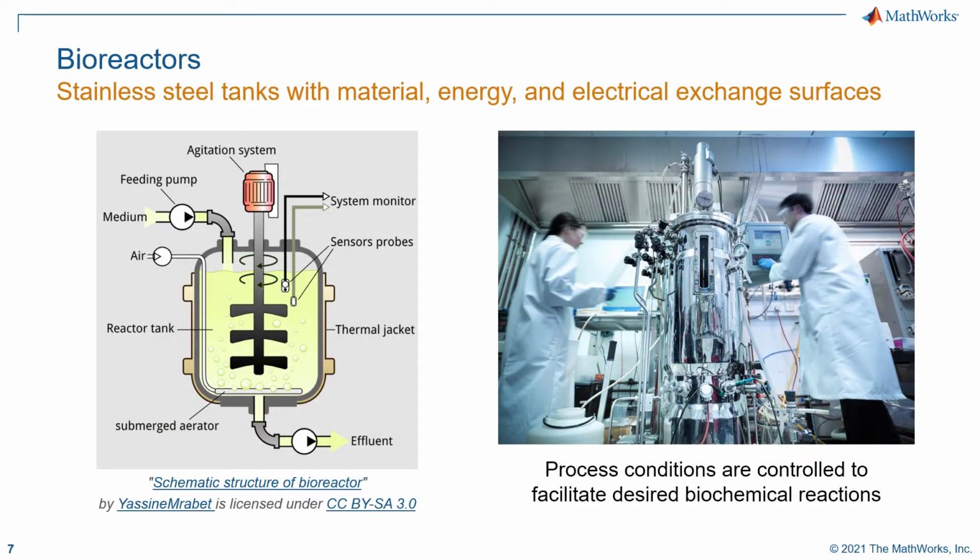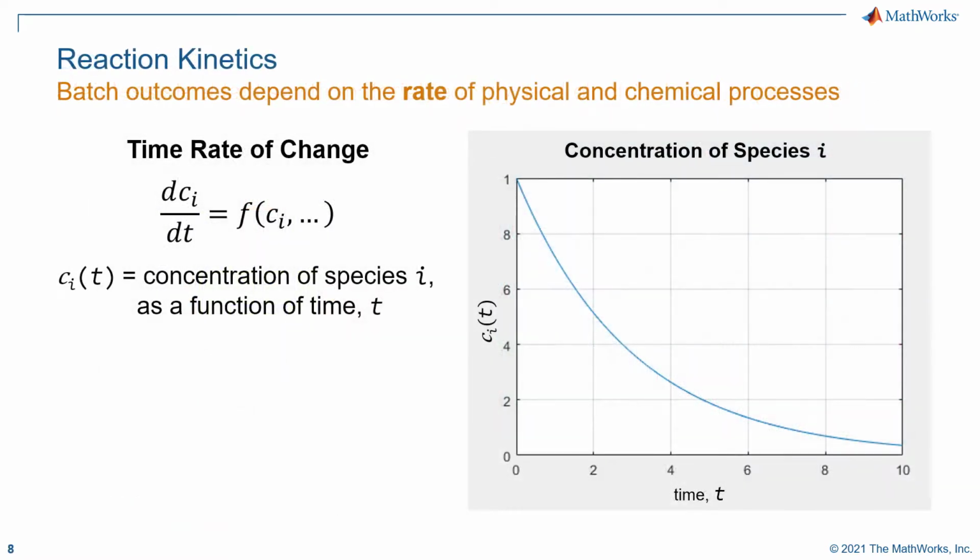Bioreactors are used to help control industrial process conditions to facilitate the desired biochemical reactions. These stainless steel tanks provide a controlled means to add and remove things from the reactor, such as nutrients and waste gases, respectively. Sensors are used to monitor and control conditions such as pressure, temperature, oxygen, and pH. And aerators and agitators help mix solutions in a controlled way so as not to damage growing cells. But in order to design and control processes, we need to know the rate of change of these processes, which could occur over seconds, hours, or days.